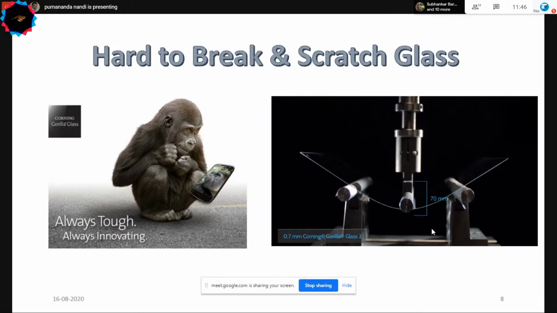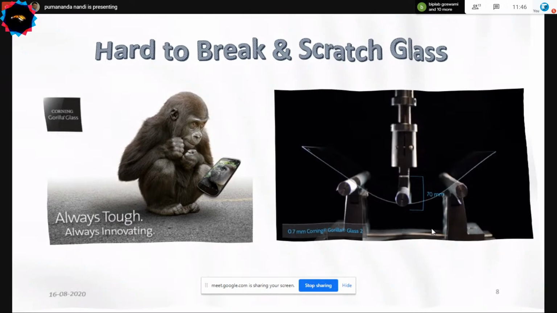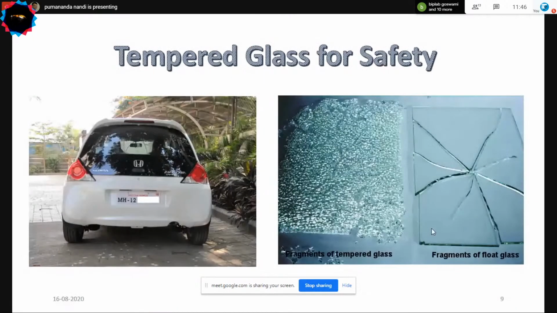So the main property here is hardness. I will talk about hardness also at a later part of this lecture, where we can measure the hardness of a glass. So hardness of the glass is also important. And then tempered glass for safety. The glass has been used in very